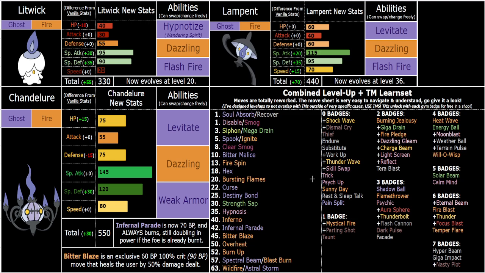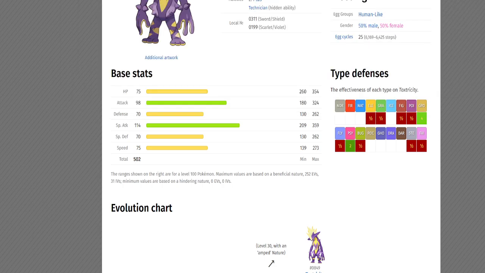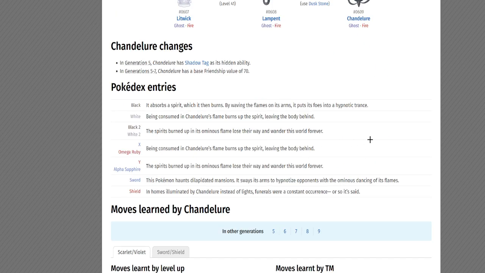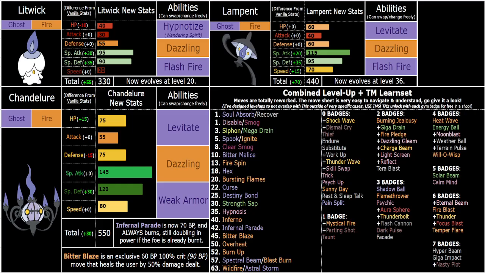I've also made them a lot more bulky / defensive on the special side. I think it makes sense with the whole ghostly Chandelure thing they got going on. So that's really good with Strength Sap, which I gave because they're a ghost, but also I think the Pokedex talks about them absorbing souls or something. Yeah, I don't know. And then they've also got the whole hypnotic trance thing going on, which is why Lippic has Hypnotize,